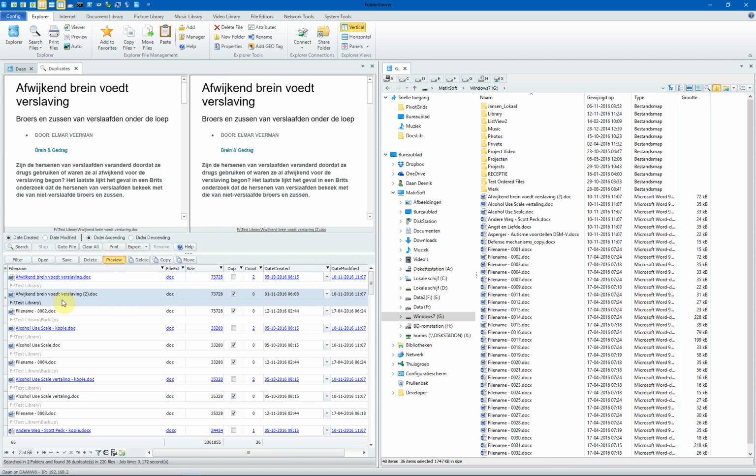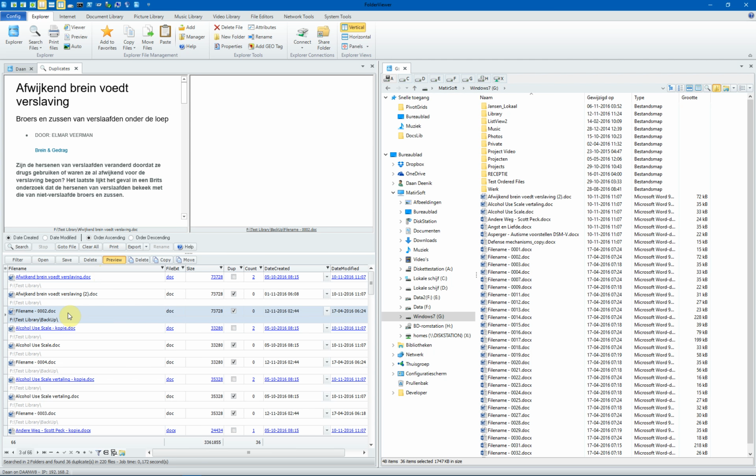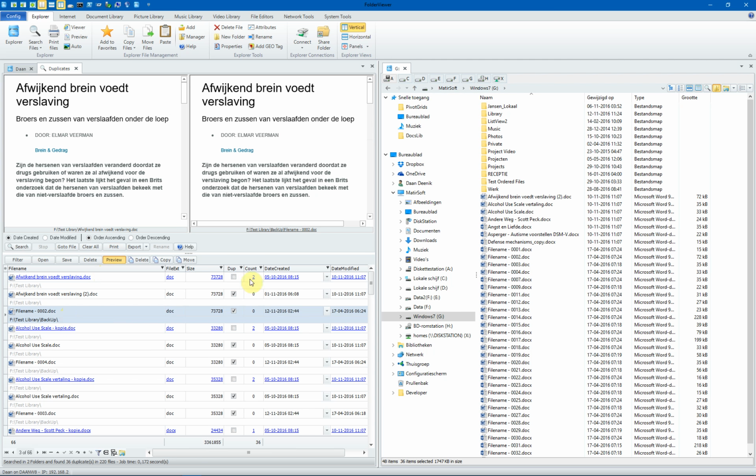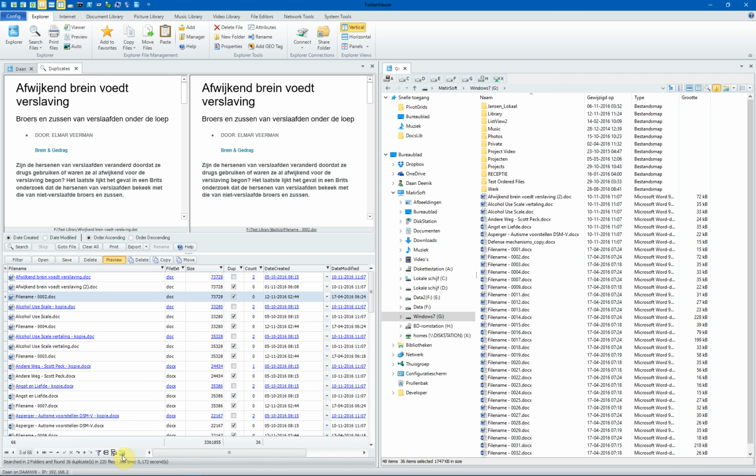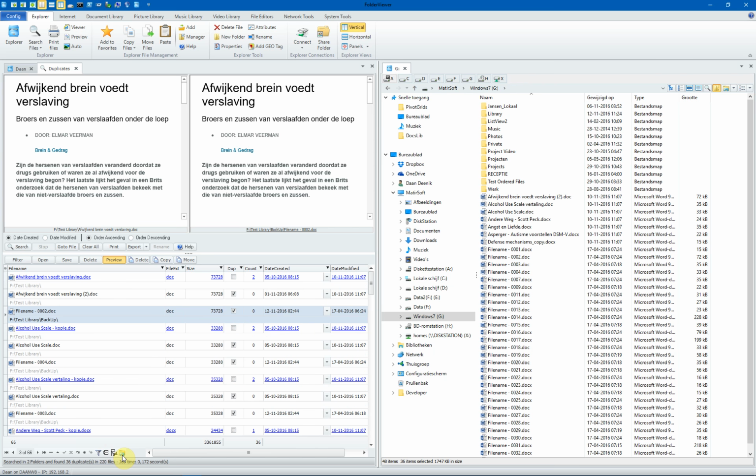Even when the second is a copy with a different file name, the program found it as a duplicate. The third file in the listing is also the same, with a completely different file name and a different location. You can toggle the locations on and off with this button. Then the list is a bit more condensed, but you